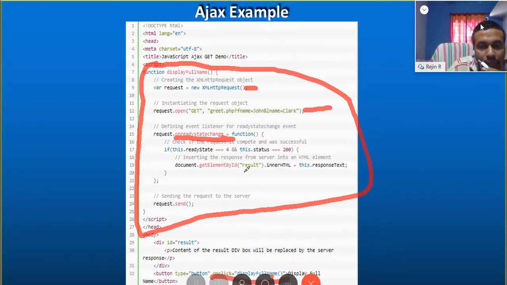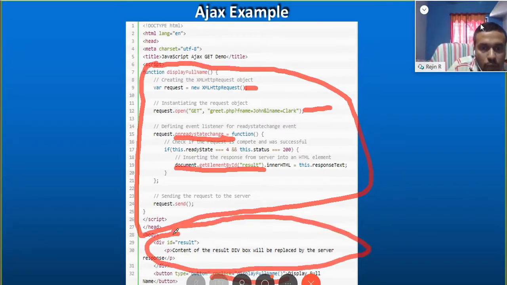Document.getElementById result. Here you can see document.getElementById result. You have seen it in the DOM. We are accessing that division dynamically using the document object model, and we are setting innerHTML. InnerHTML can be used for manipulating that content, which means we can manipulate the content dynamically.